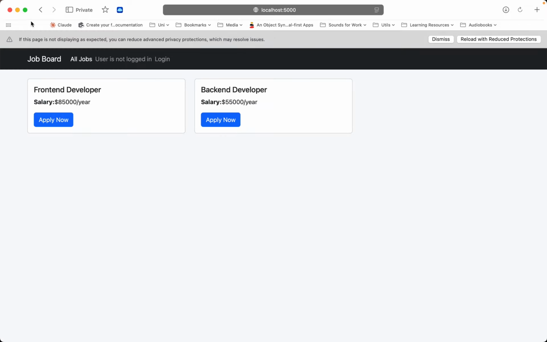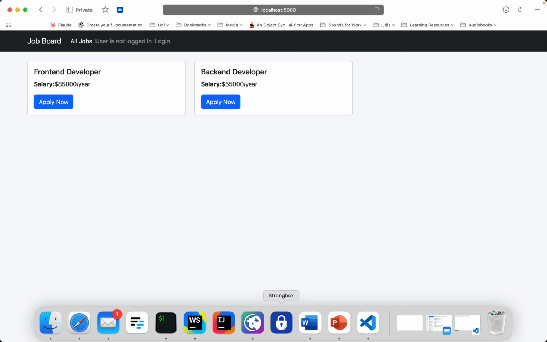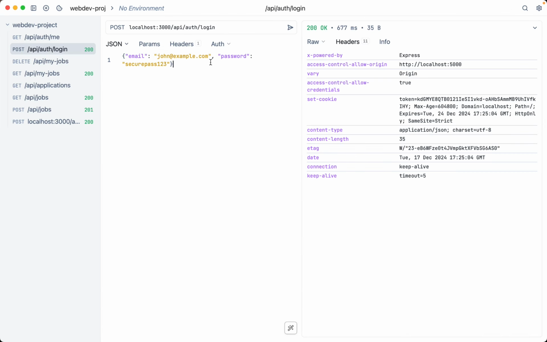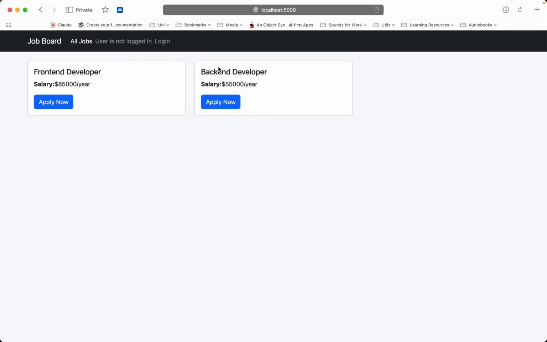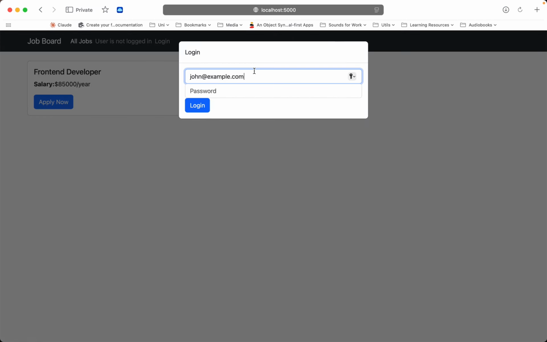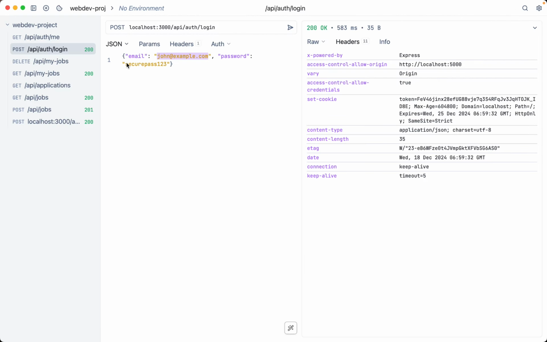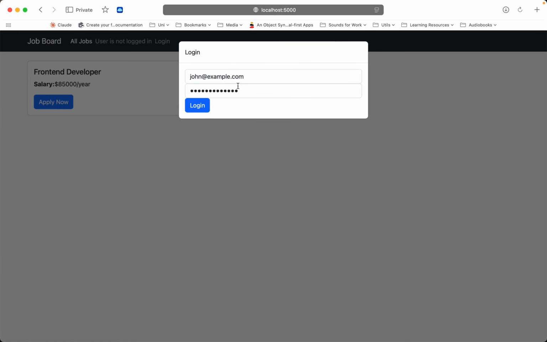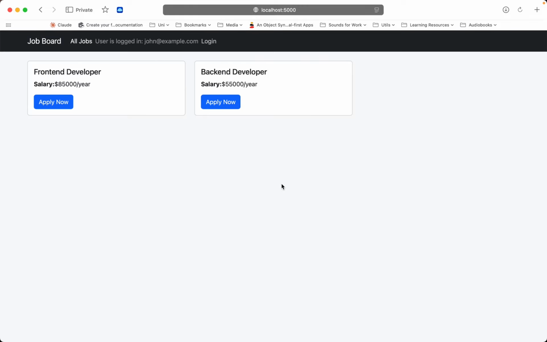Now, if instead we try to log in with this newly created account, which in the backend works, right? We can log in with it. And if we try to do this here, then I hope that it will work and that I didn't make any mistake. So we copy both things over, we log in, and it has worked. So now it's written here, user is logged in,